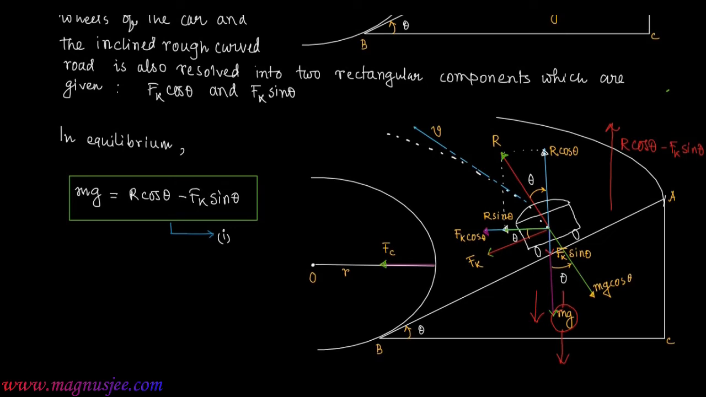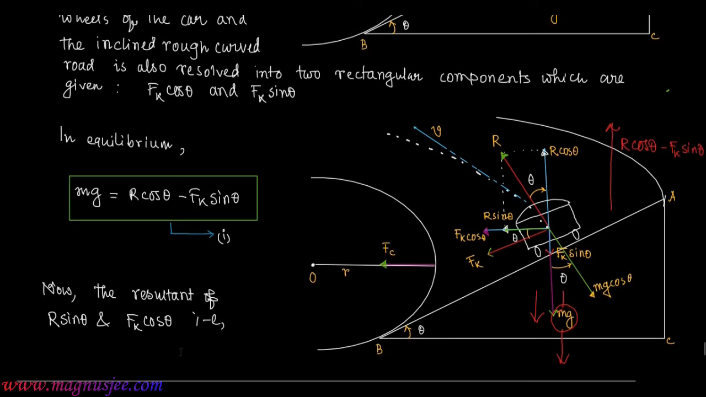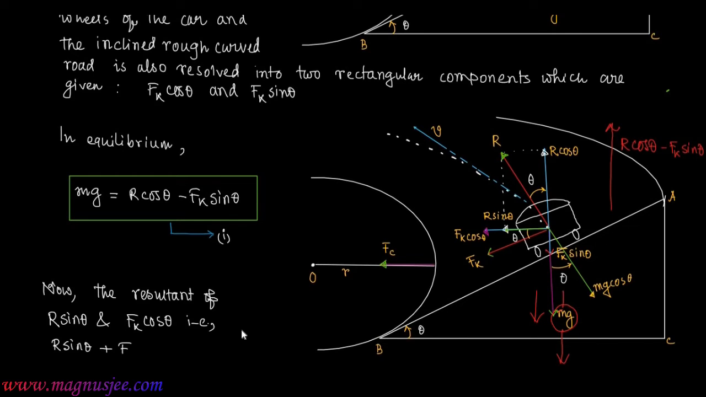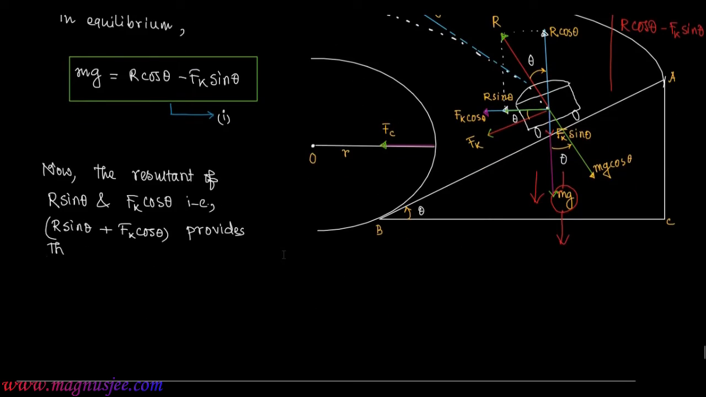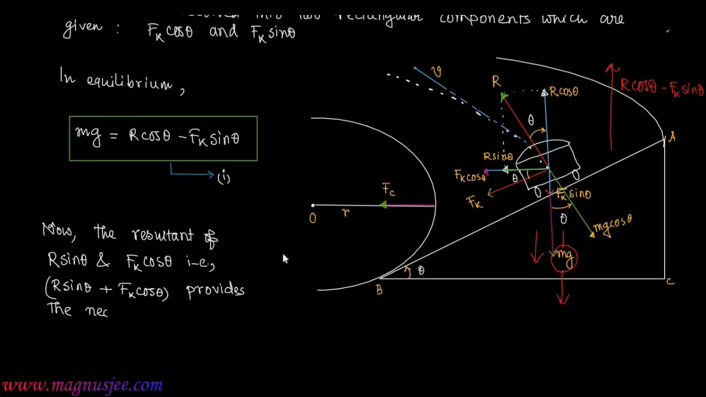Hence we get mg equals R cos theta minus Fk sin theta, which is equation 1. Now the resultant of the two forces, R sin theta and Fk cos theta, that is R sin theta plus Fk cos theta, provides the necessary centripetal force Fc